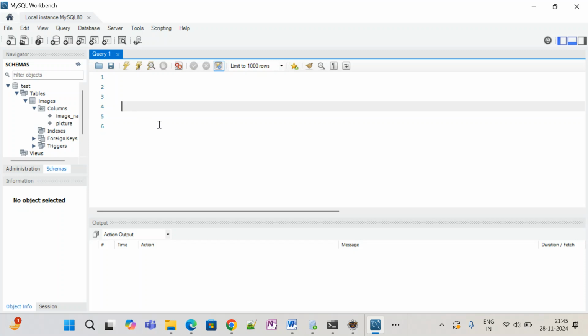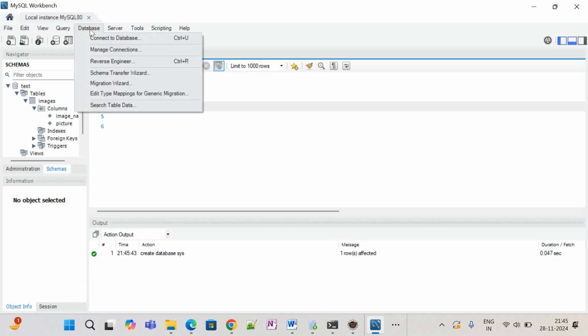You understood how to create a database, right? There are two ways of creating a database. The first one is simply: here I have only the test database, so create database, and the database name is equal to system, or anything you can mention. This is the way of creating the database, and just run it here. It says the database is created.